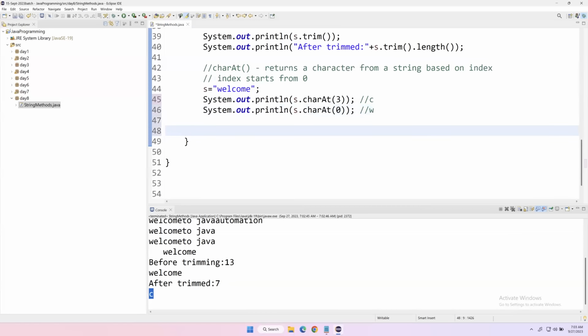Right. Next method, contains. Another most important method we use most of the time when you do validations in your automation test. So the contains method will basically check whether a particular string is a part of the main string or not. Okay, for example, let me take